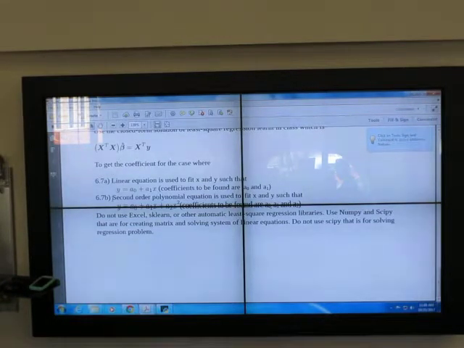If we fit with polynomial, how many columns do you have? Second order? 3 columns. Very good. So if you do it for linear equation, you will have 2 columns. If you do it for quadratic, you have 3 columns. So for linear equation, those 2 columns will be,